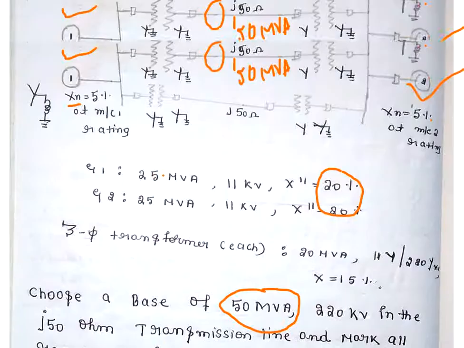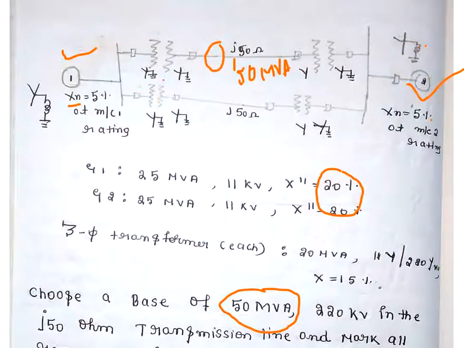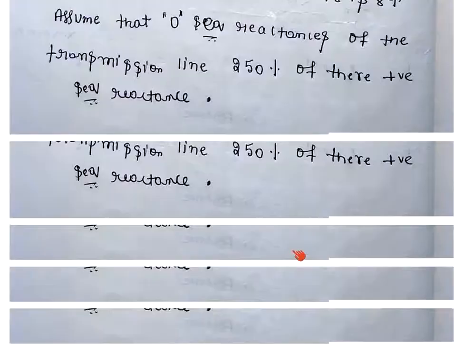Yes. So here you can see that both the primary and secondary are star grounded. So both the series switches will be closed. And here the primary is just star connected and the secondary is star grounded. So here the primary side switches will be open and the secondary side switches will be closed.